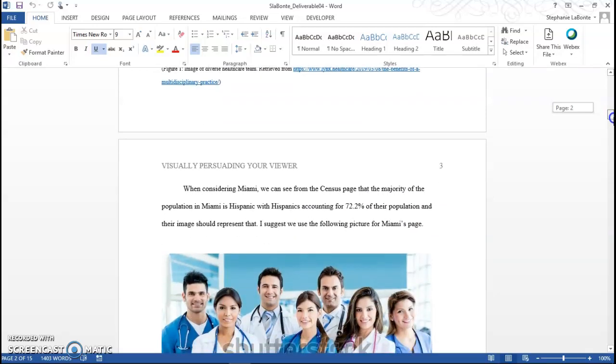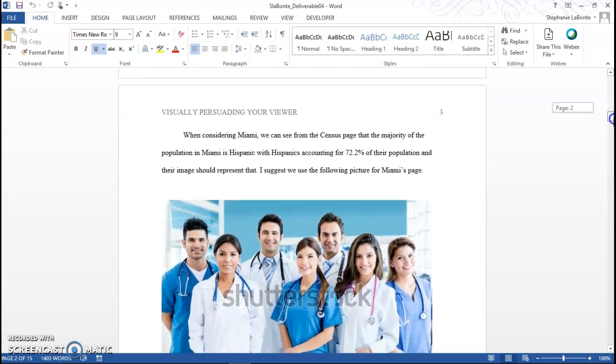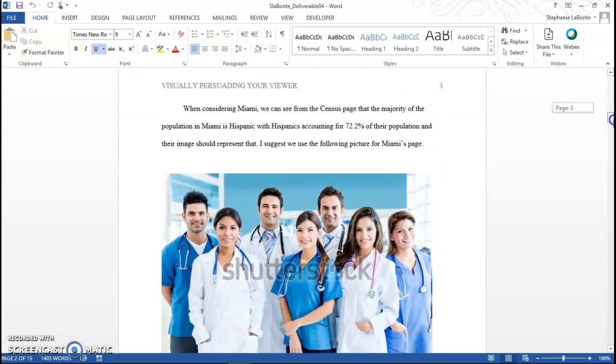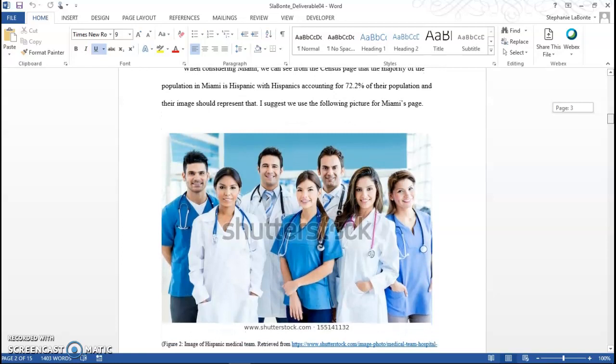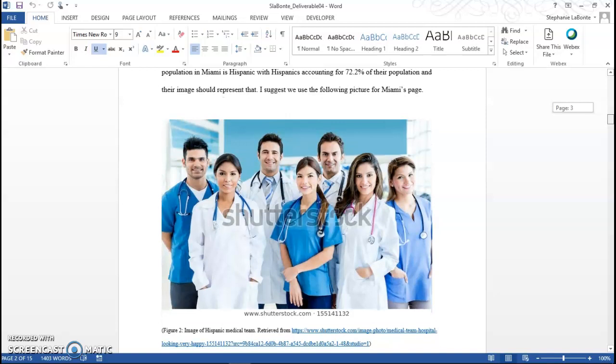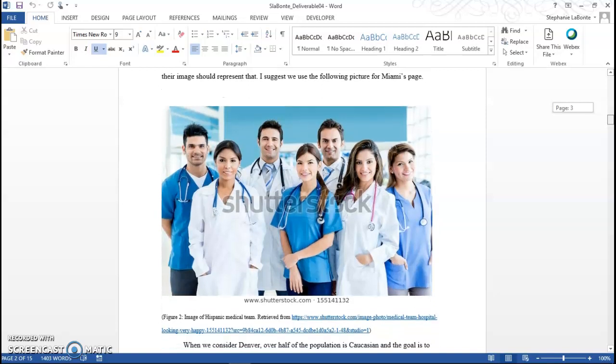When considering Miami, we can see from the census page that the majority of the population in Miami is Hispanic, with Hispanics accounting for 72.2% of their population, and their image should represent that. I suggest you use the following picture for Miami's page. Note that we have a mainly Hispanic staff here, which will help bridge that gap and draw in those clients